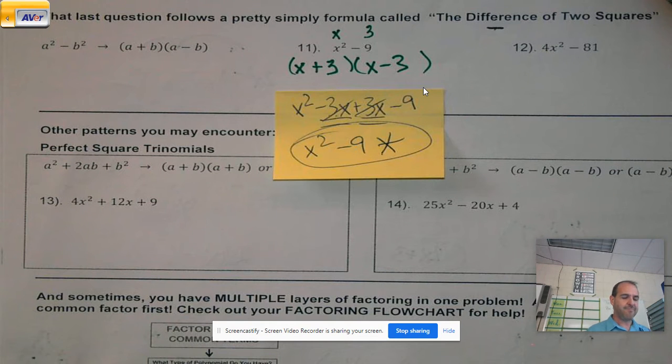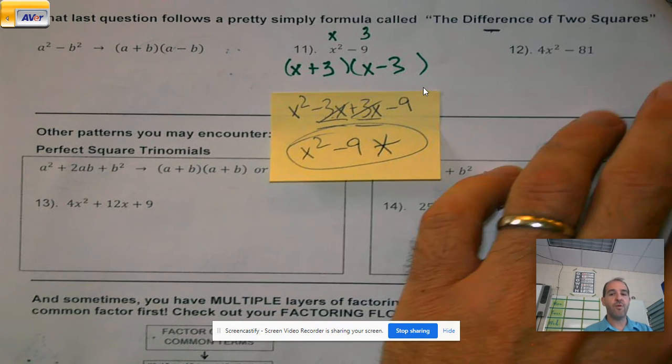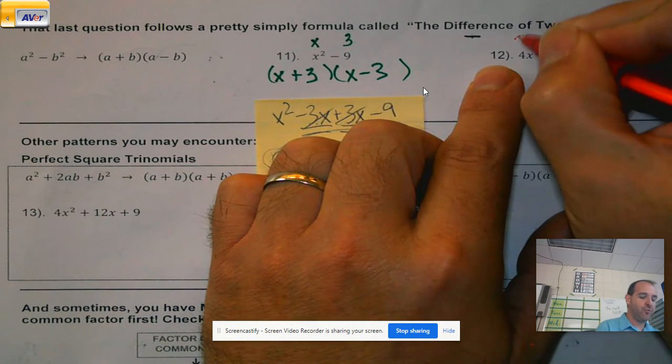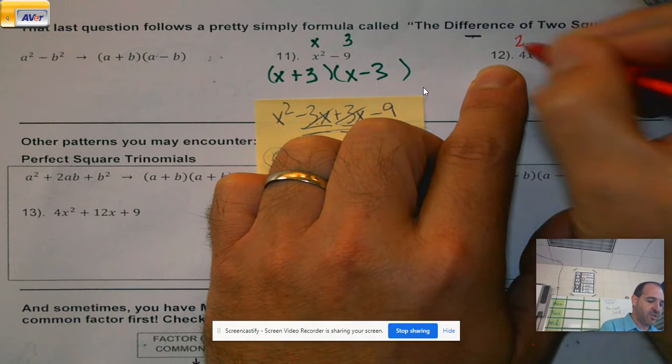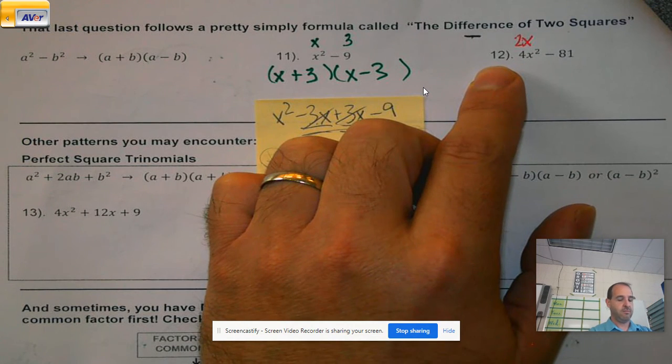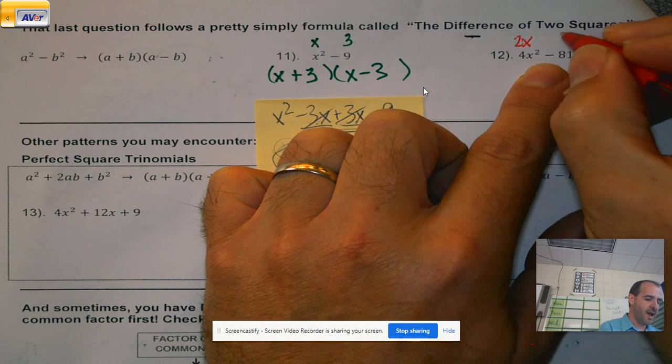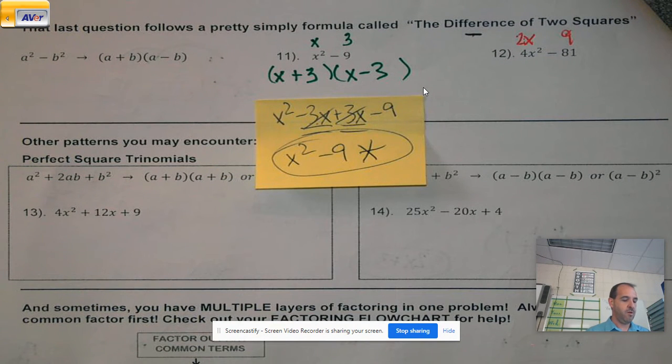But like I said, I do think it is worth your while, at least when you're doing the paper and pencil stuff until you get used to it, that you take all the pieces and write down what you're squaring to get them. So like here, I square 2 to get 4. I square x to get x squared. And I square 9 to get 81. Once you have that part down,